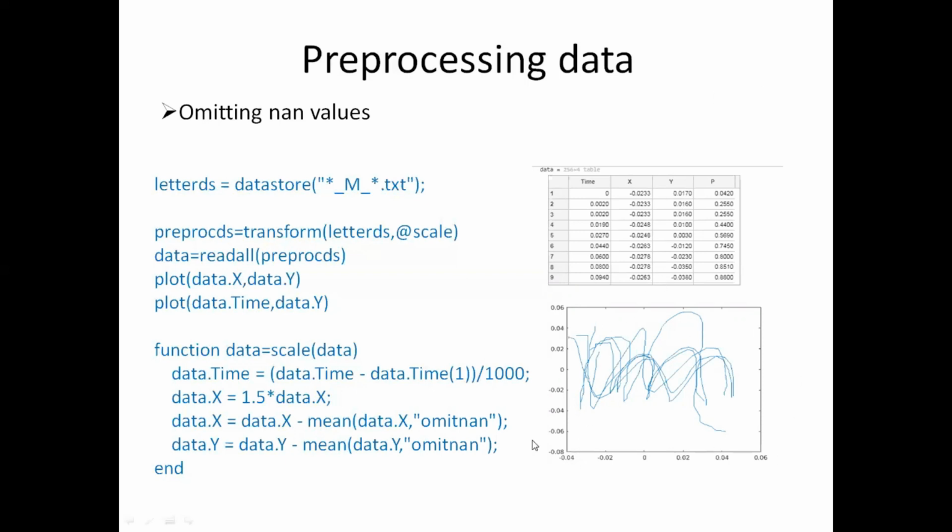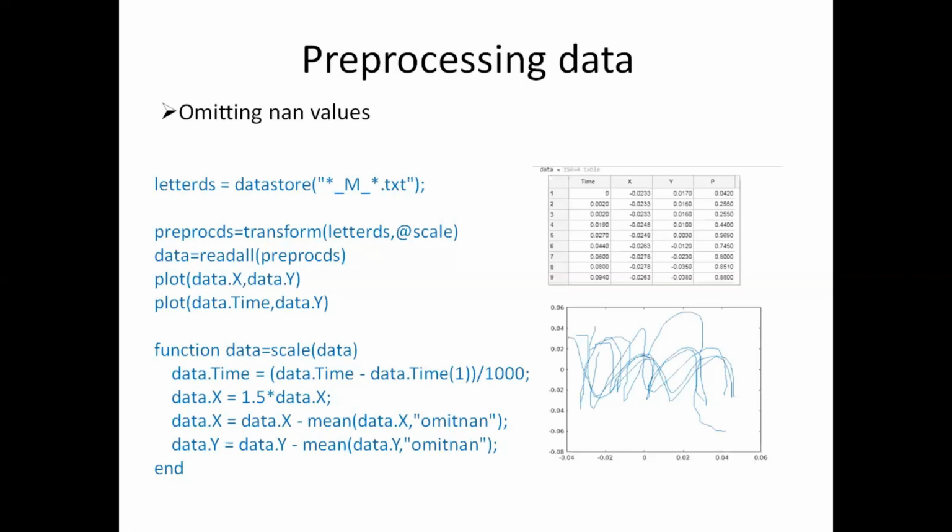And you can see the plot. What we see in this plot is that the center point of the data has become common. In the previous plots that we have seen, the data had different center points, so the position of the letter M was different. But now you can see the center point of all the handwritten letter M has come to a common point. That is the result of normalizing the x-axis and y-axis position.